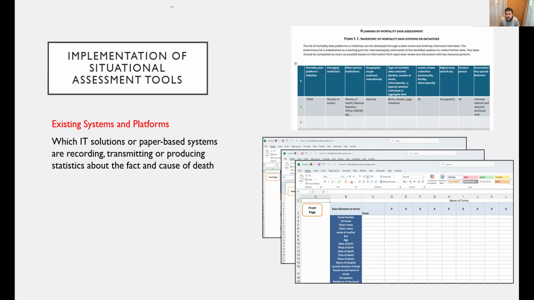Also in the business process mapping, we do that. We differentiate between what was supposed to be and what actually is in real life, because we want to capture both. We want to know what the plan is for the future, but also what is actually happening now, so that we can really inform the SRS design. So in form 1.1 you can add more columns, or you can dive into the Excel file, which has more granularity and more questions on scope. The provinces or subnational areas covered by the system is one of the variables that we capture in the Excel file. Great, thank you.